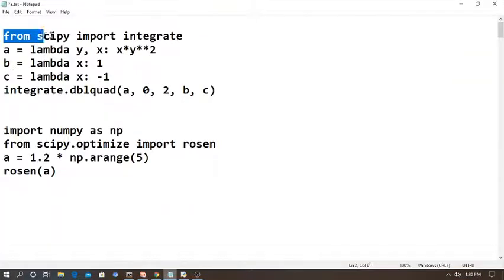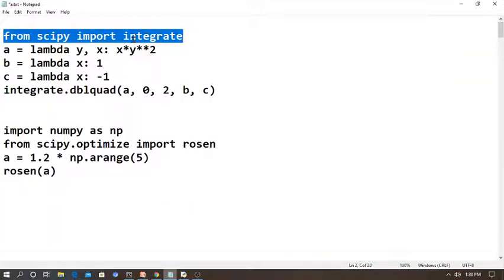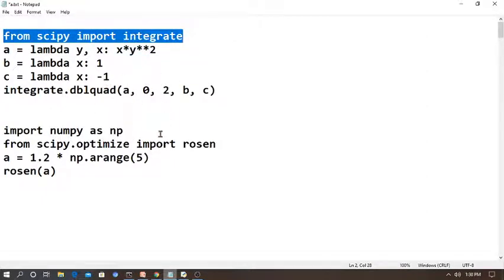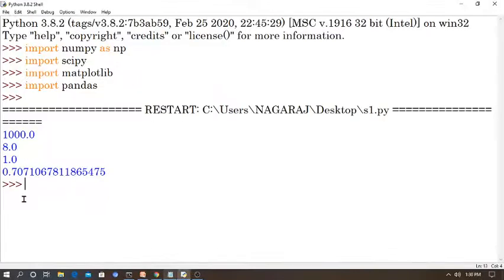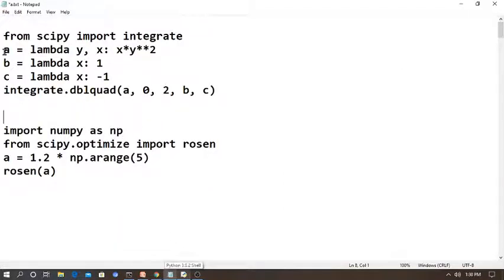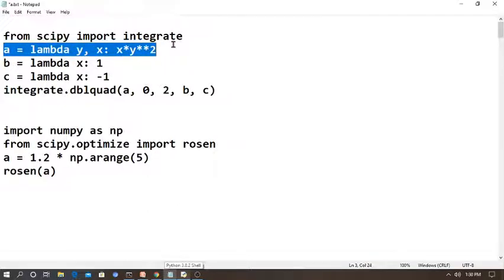I am going to implement this with the help of lambda functions. I have already explained 2-3 times what lambda is and how you can use it. So type one by one. Then a is equal to lambda y comma x colon x multiplied by y double star 2.